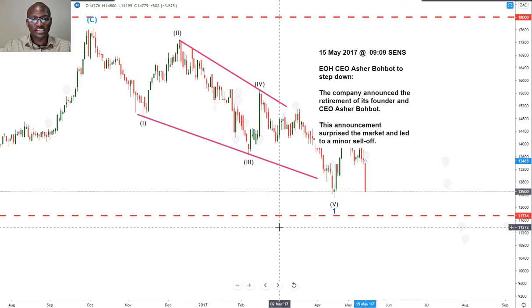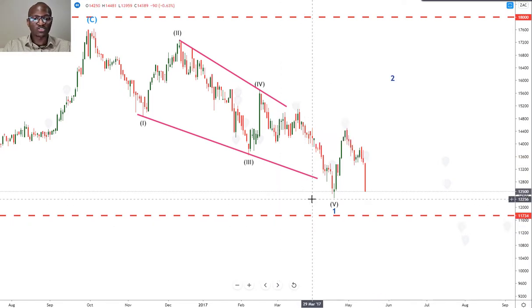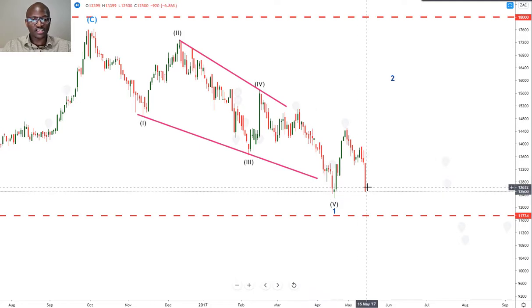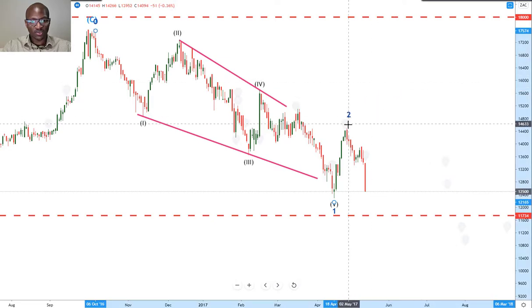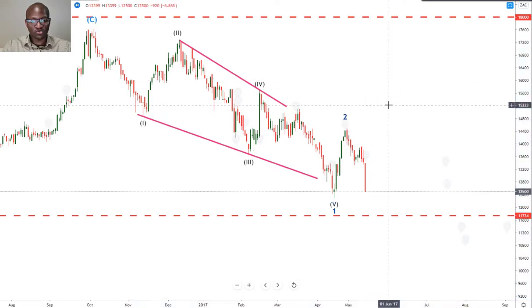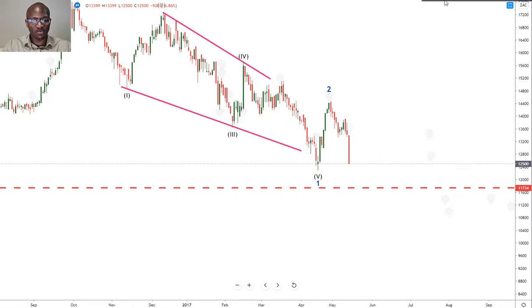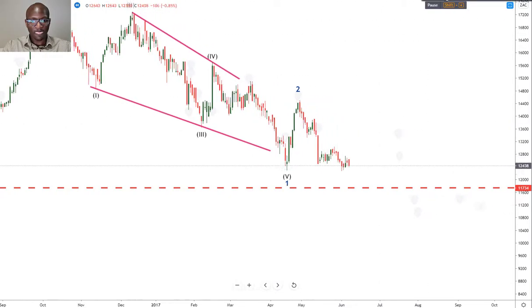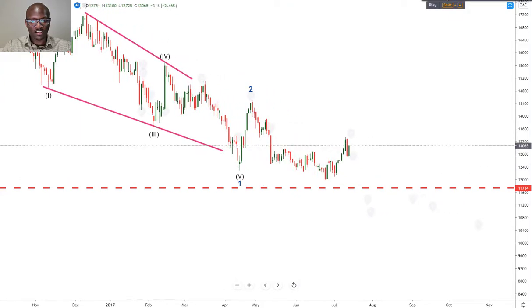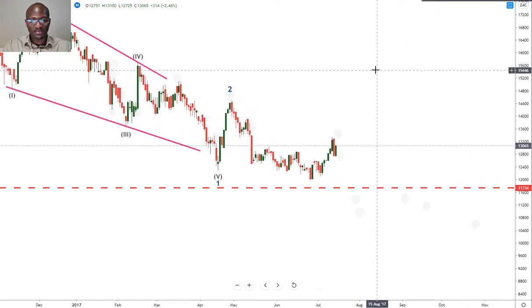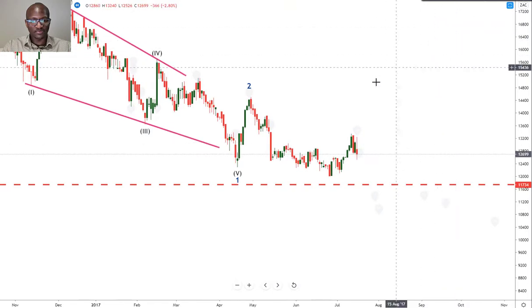So this resignation or retirement was not announced previously. It was sudden on that day, and so the market had a shock. So we can call this a shock reaction to this event where the CEO is now stepping down. And we can now label this as wave 2, and now we are building for wave 3. And again here we see we didn't break below this neckline, so at this stage the neckline is still safe, but the market is trickling lower and lower.